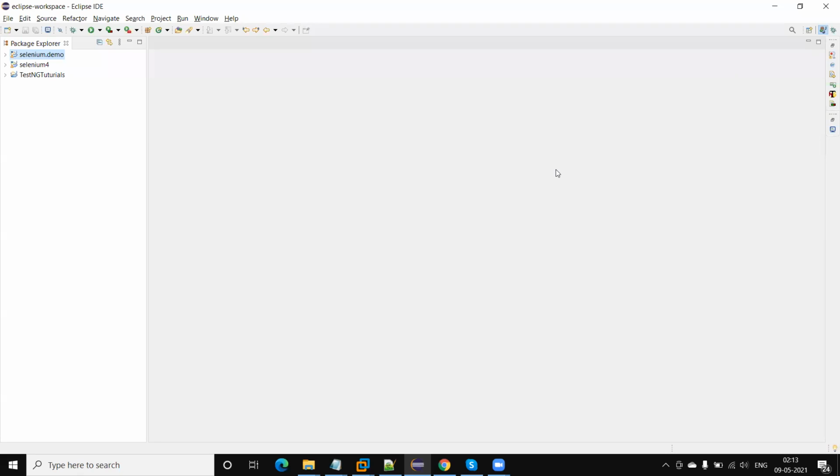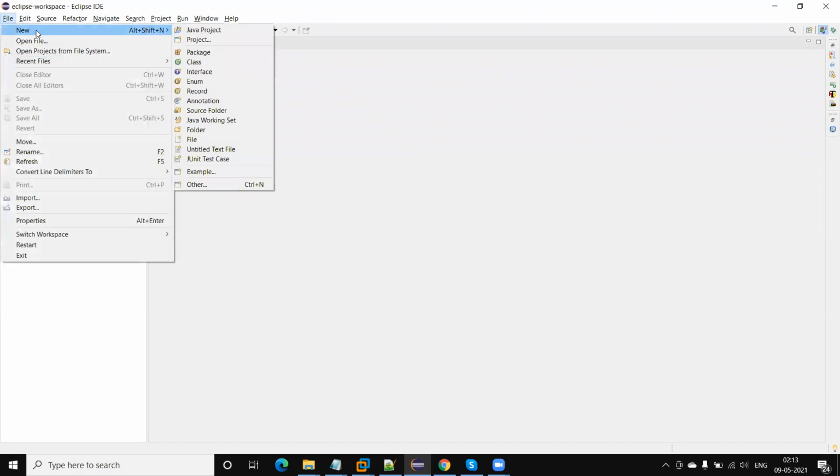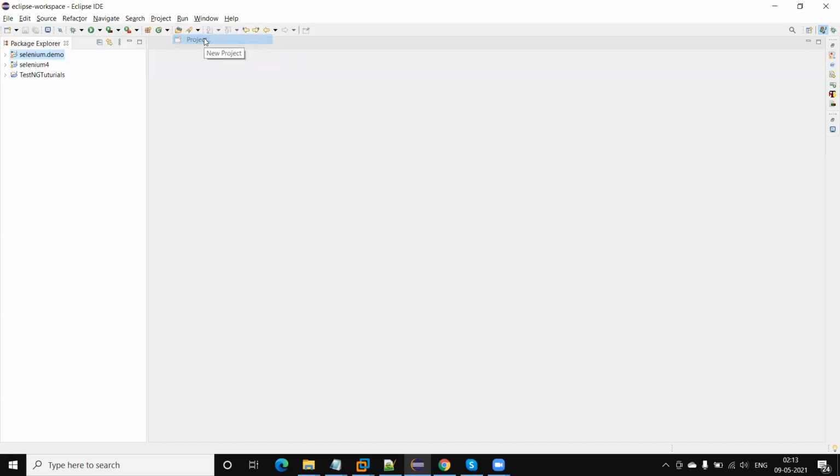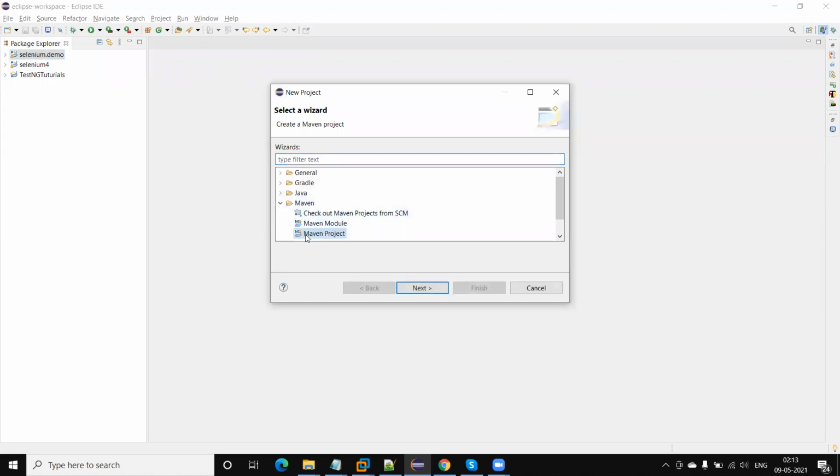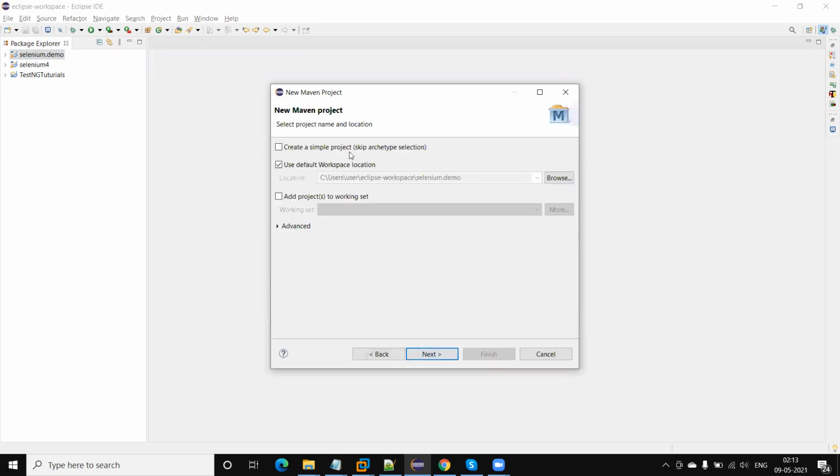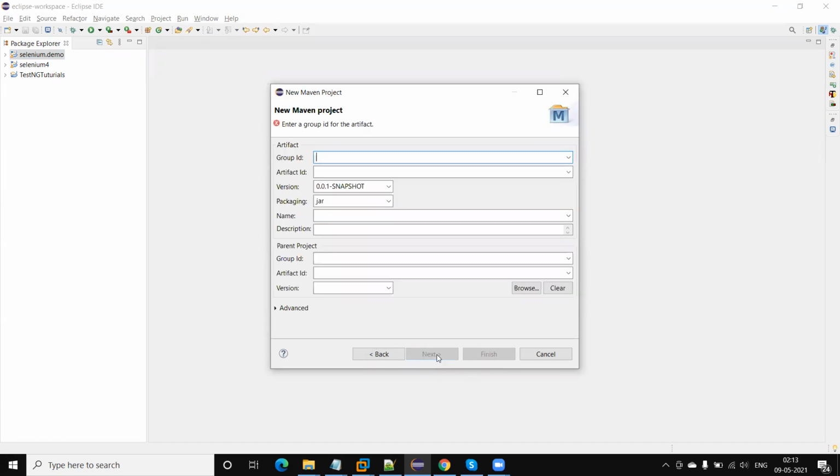Okay, so this is Eclipse. Now I'm going to create a Maven based project. In the latest Eclipse, there is an option for a Maven project. Click on this, go to Maven project, and click on the next button. Create a simple project, skip the archetype selection, and then click on next.